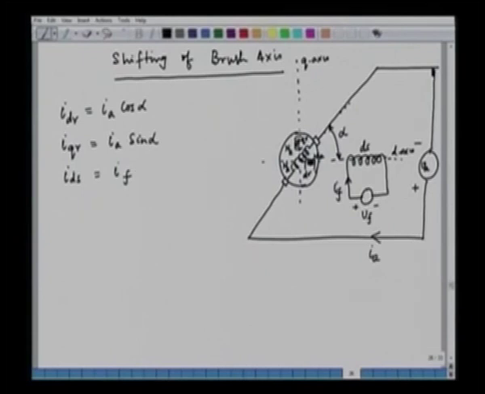So, we are relating the primitive variables with the actual variables. Actual variables are here the armature current and the field current, and the primitive variables are IDR, IQR and IDS. So, we can write down the connecting matrix in the following way. The connecting matrix is C, and we can say that IDS, IDR and IQR